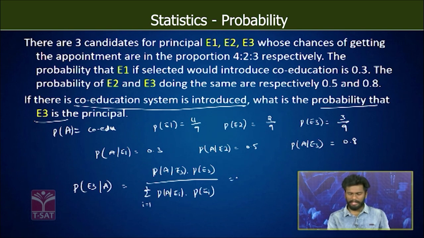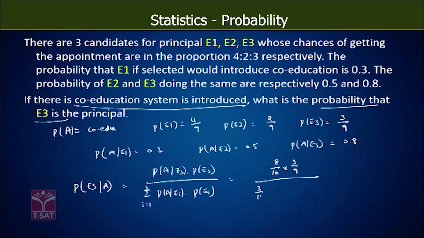So what is the probability of A given E3? 0.8. Let us consider 8/10 into probability of E3 is 3/9 divided by 3/10 into 4/9 plus 5/10 into 2/9